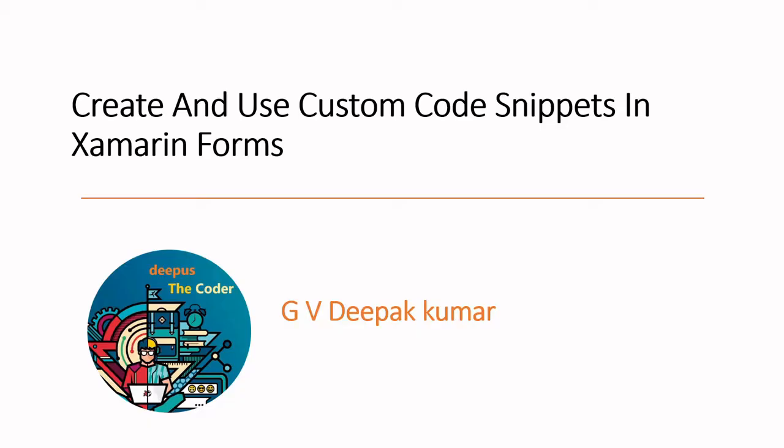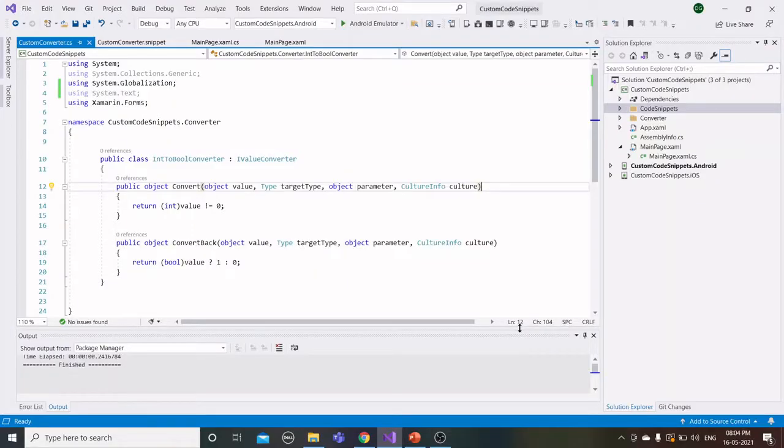This is the second part of the code snippets video. In this video, we are learning about import namespaces and replaceable parameters in code snippets. In the previous video, we learned about creating custom code snippets in Xamarin Forms application. This is the continuation of the last video. If you are coming directly to this part, please refer to part 1 and then come to part 2 for better understanding. Let's open Visual Studio and see how to import system references in custom code snippets.